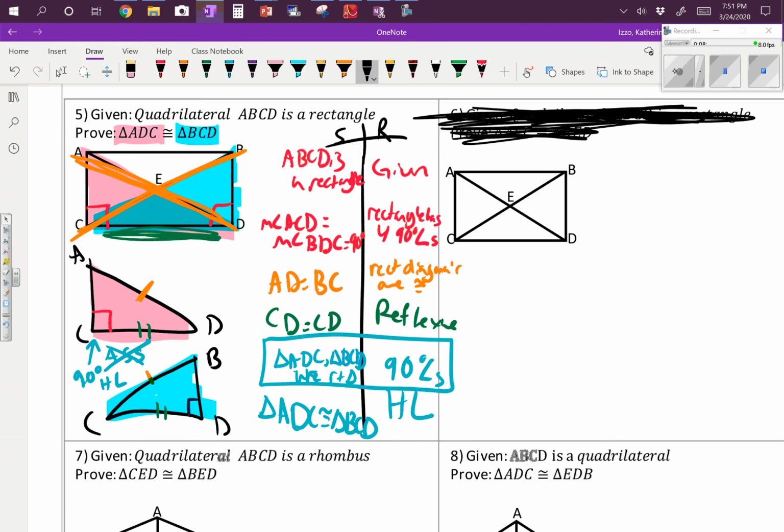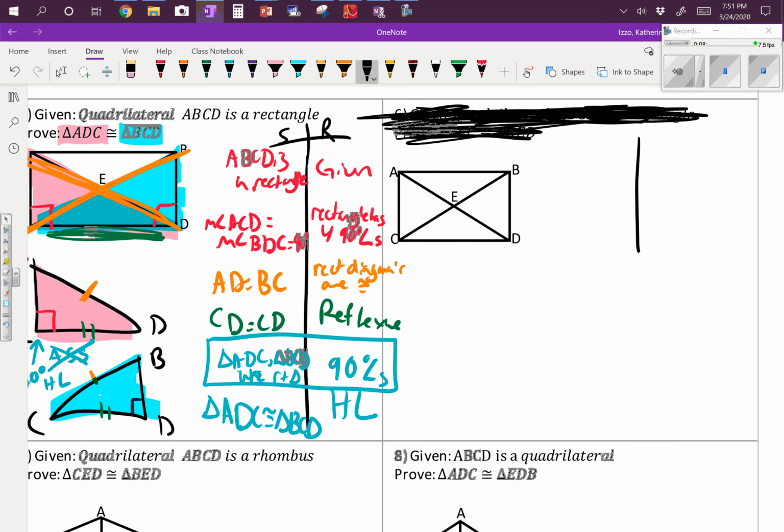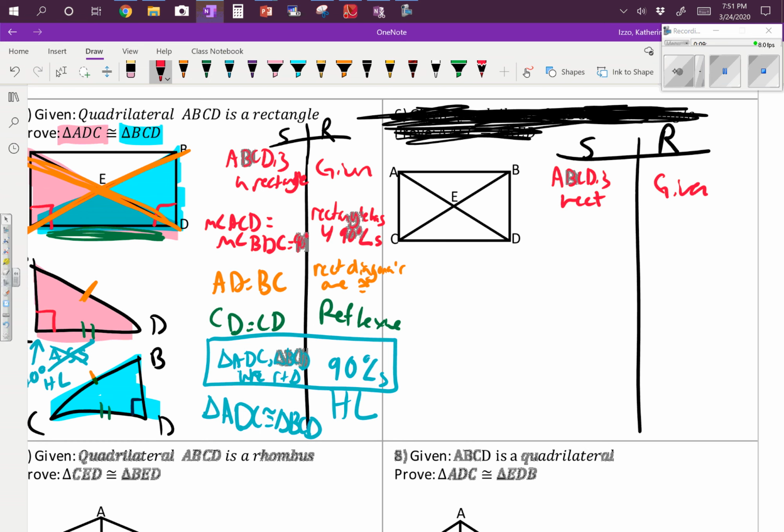Now, as I said, you could do it this way, you could do HL. But there's a different way that you could do it. Statement, reason. First way that we could say is ABCD is a rectangle, and that's given. The next thing that you could do is you could just use that a rectangle is a parallelogram. So, going back to pink side and blue side,